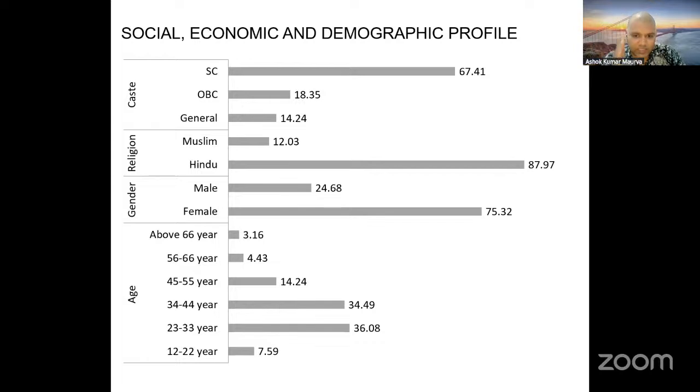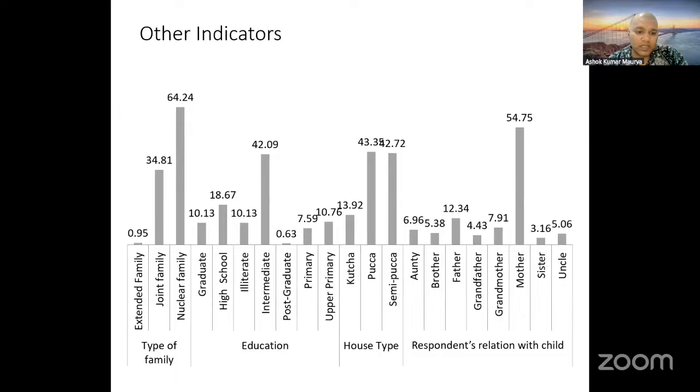And if you see the age breakup, more than 34% are between 33 and 44, so they are most productive. And they are engaged in care, either as parents or guardians. The rest are followed by the other age groups. And if you see the other indicators, this is one of the new things which other studies also focus on, and my finding also indicates that